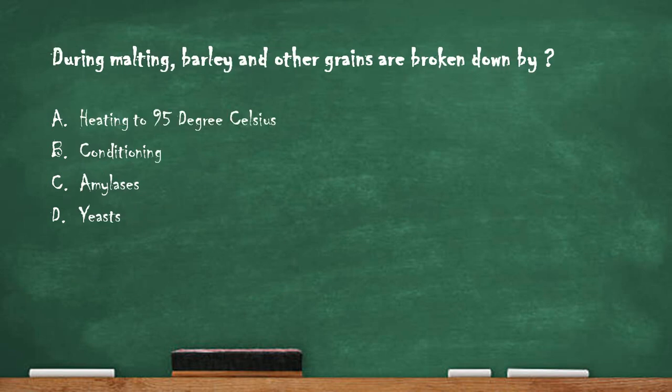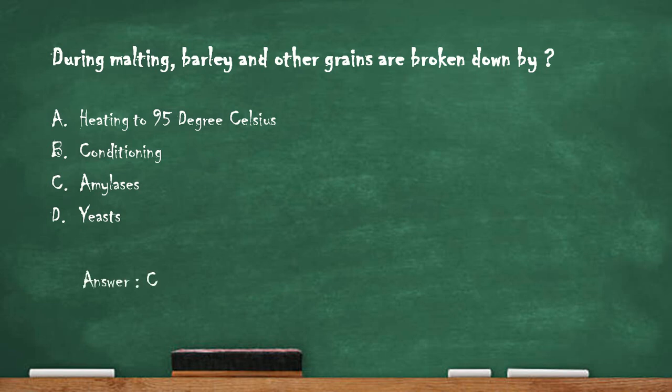Next question. During malting, barley and other grains are broken down by option A, heating to 95 degrees Celsius. Option B, conditioning. Option C, amylases. Option D, yeast. And the right answer is option